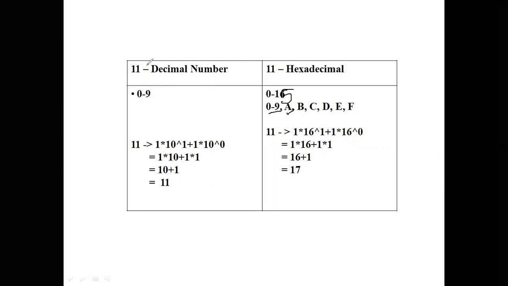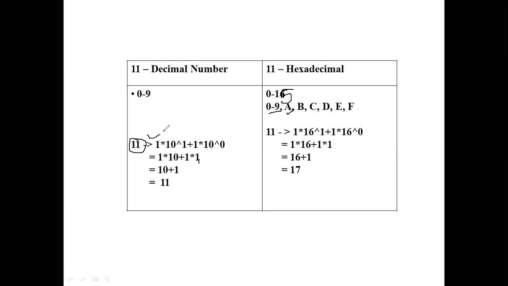But when you're trying to convert the numbers into decimal, what is the way? As we do it, you have to multiply with the place values. For decimal, the tens place is 10 to the power of 1 and the unit place is 10 to the power of 0. 10 to the power of 1 will be 10. 10 to the power of 0 will be 1. So 1 ten is 10, 1 one is 1. So 11 will be the value for the decimal number.